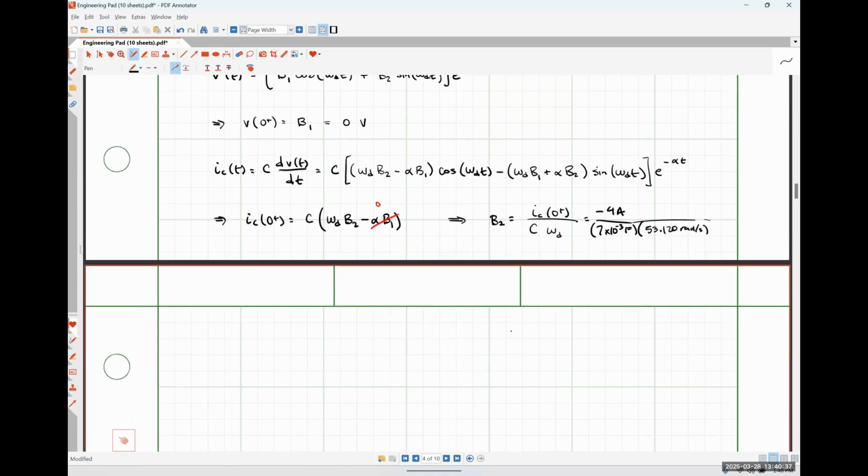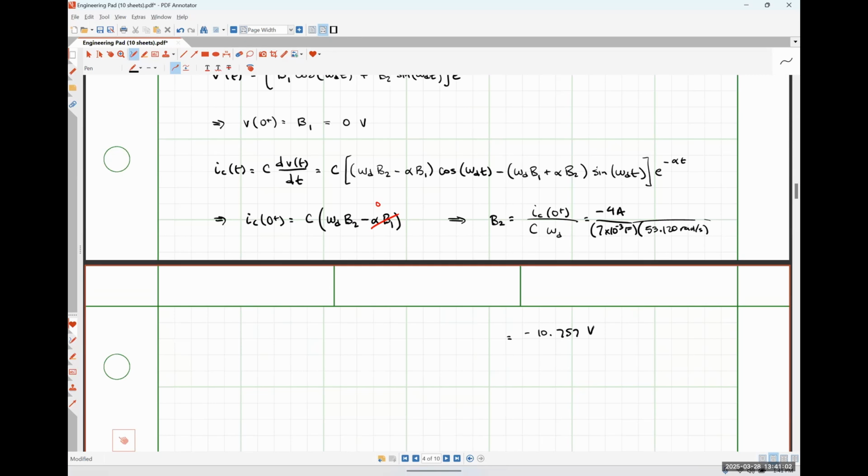I'm literally just plugging that stuff into my calculator. So I would have negative 4 over 7 times 10 to the minus 3 multiplied by what I have stored in my calculator as C. And I get negative 10.757 and some change